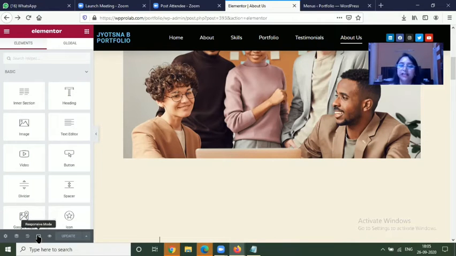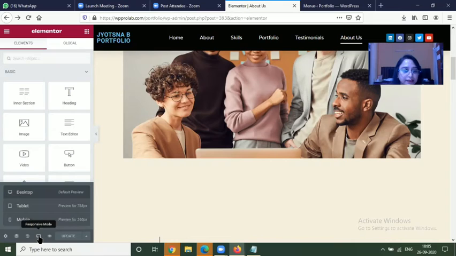That is how we will check whether it is working on desktop, mobile, or laptop. You can see the computer icon, click it. This is the responsive mode. Click it here, then you can get it. This is the desktop, meaning how your website will look on desktop, how it will look on tablet, and how it will look on mobile.